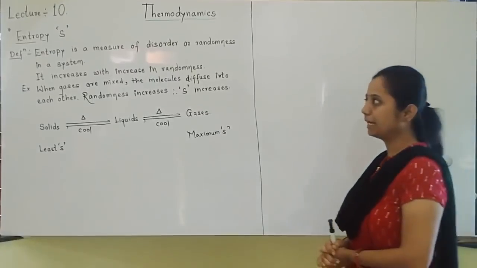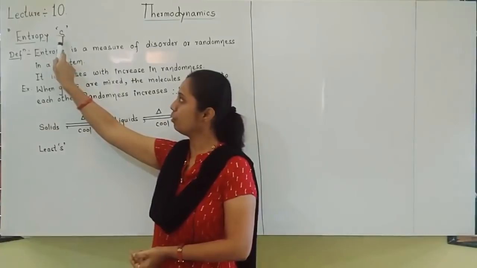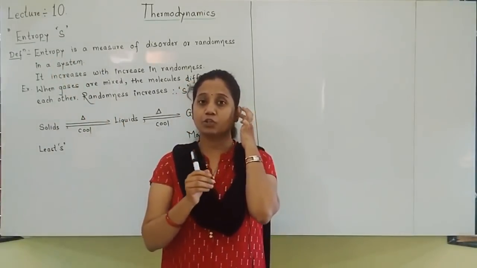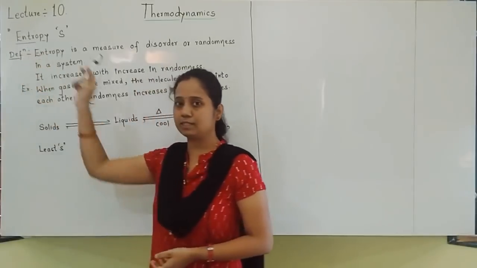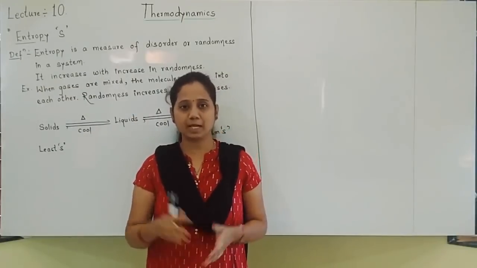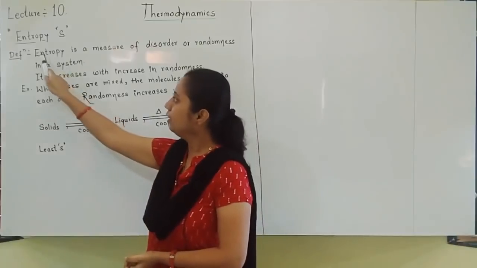Students, let us see the topic entropy. As I told you already, entropy has symbol S. Very important topic. Every year a question will be asked. So again, put a star for this topic. Entropy, symbol is S. Questions will be very easy. What type of questions will be asked? After this topic we will solve the problems based on that.